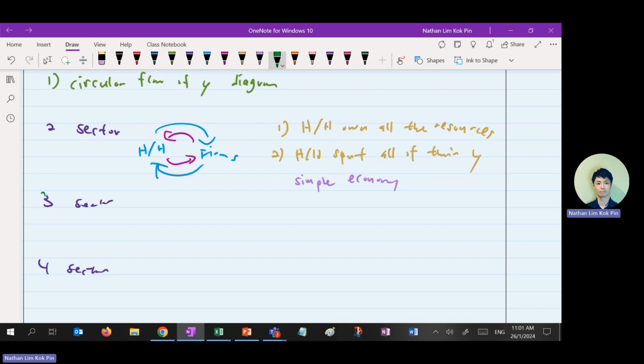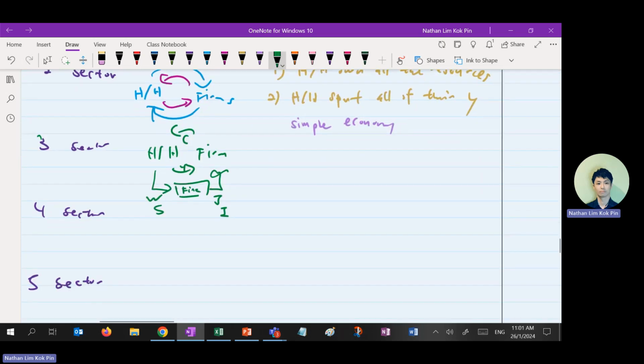So 3 sector, same thing. You have to draw the household and firms. Then we simplify the real flow and the income flow into one is consumption, C, another one is Y, because Y must be equal to C. But then you have to add the financial sector and then withdrawal injection, or S and I. 4 sector, same thing. I don't have to draw everything, right? You draw this and then draw government, government spending and also tax,